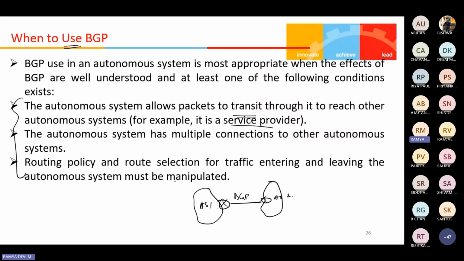Second, multiple external connections. Your autonomous system has multiple links to different external autonomous systems. That is multi-homing. So in that case you can go for BGP. If you want to have multiple autonomous systems connected, you can go for BGP. And also the third one,